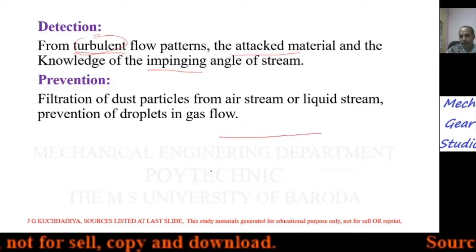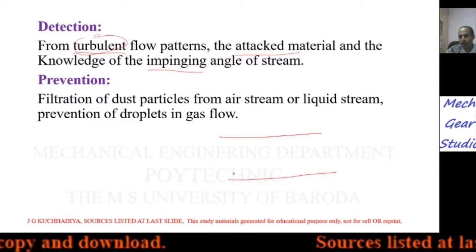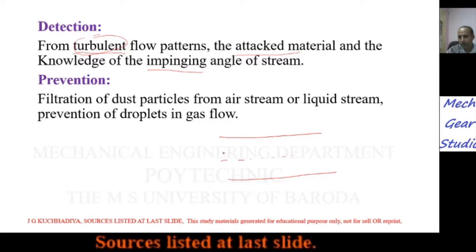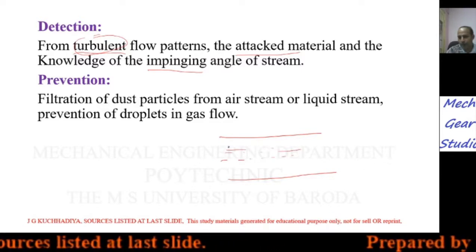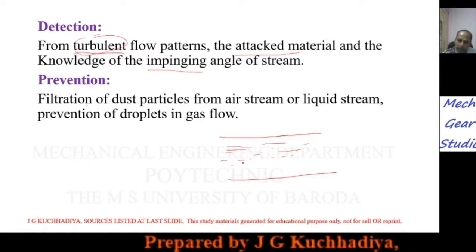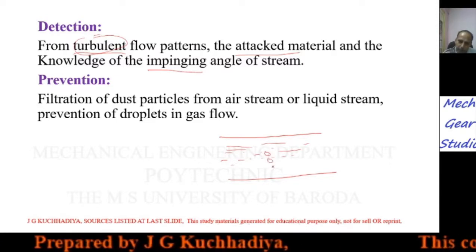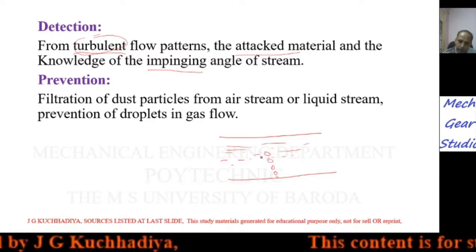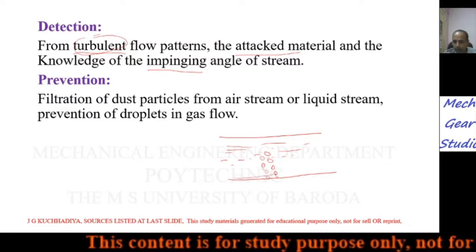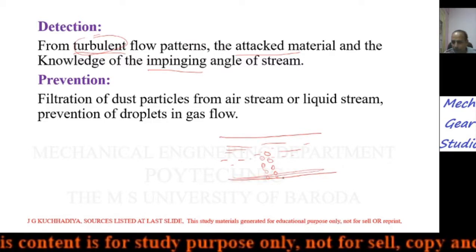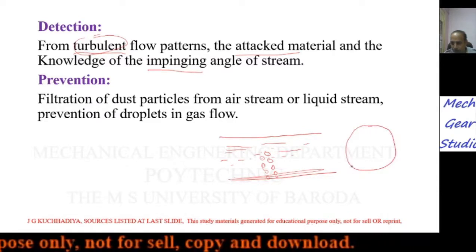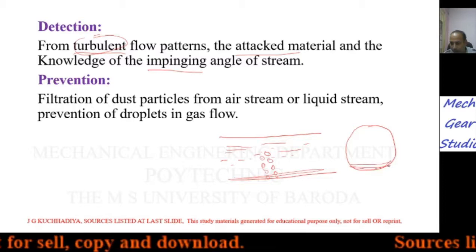Suppose the flow is laminar, and this is the pipe, then the liquid transfer is in a streamline manner. Here the particle present comes downward due to gravity if the velocity is lower. If velocity is low, the particle coming here due to gravity will affect the lower surface. That will have maximum effect on the lower side of the pipe. Suppose this is the cross section of the pipe, then this area will be affected.